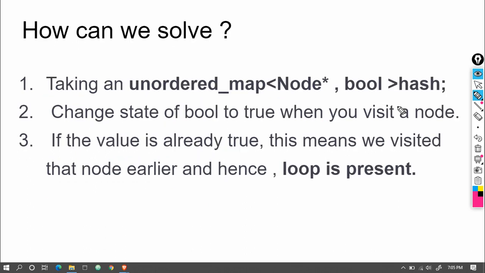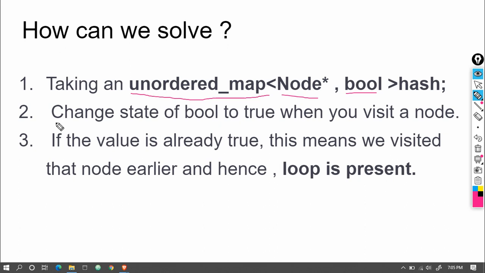So how can we solve this problem? There are 3 steps. First, as I told you, we have to use some extra space for beginners; we are not doing this in O(1) space. That space will be an unordered map, in which we will store the node and a boolean variable, true or false.